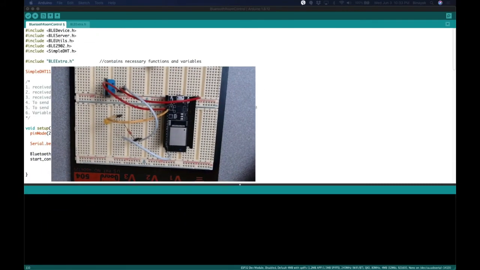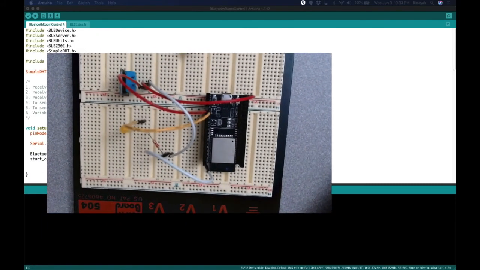So now let's look at the connection diagram here. This is a sensor, DHT11, which is connected to pin number 15 here, right? This is an LED, which represents a fan. It is connected to pin number 2 here, and all the wirings are VCC and the ground. So now let's transfer this code and see the operation.